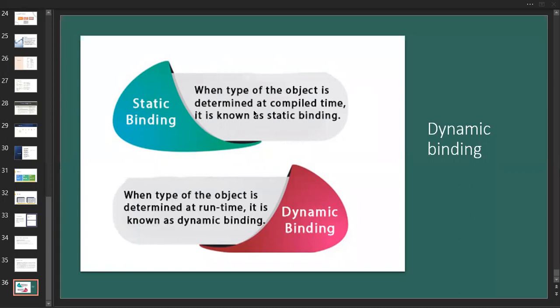We already discussed the previous topic, runtime polymorphism. The same thing will happen here. I want to tell you one thing, and I just want to show you an example of that.